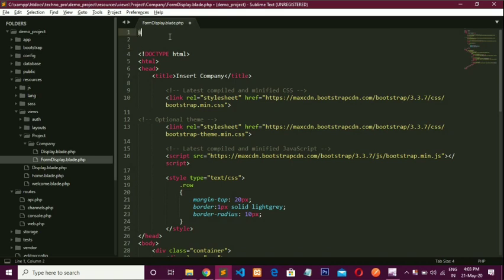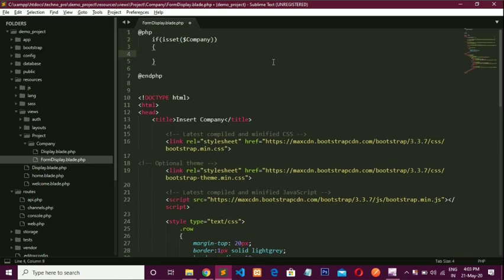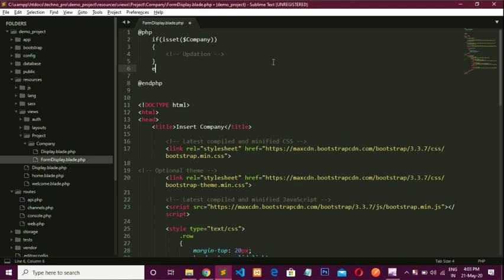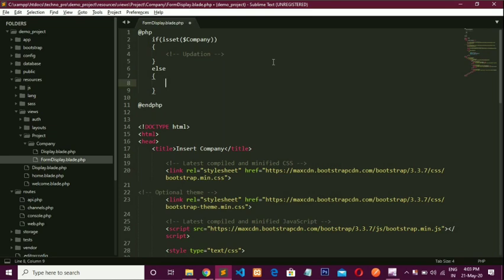Write @php and @endphp, and between these write PHP code which is if isset. isset is a method used to check whether a variable contains a value or not. Here the variable name is company. So if $company is set, then write the code here for updation, and in the else part write the code for insertion.